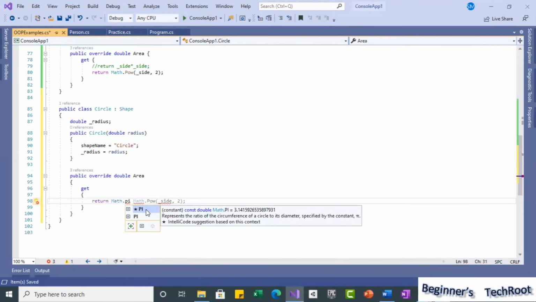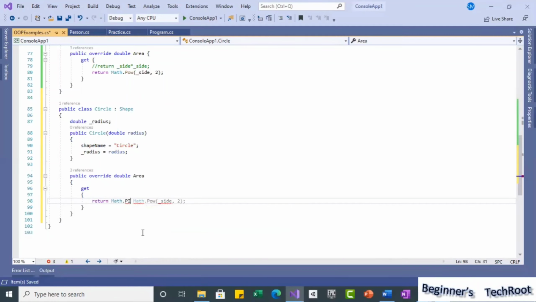You can use that, or you can type 3.1415 directly, whatever it is, or you can make use of Math.PI into radius square. So that is the calculation for the area of a circle. Again, same here, underscore radius square.